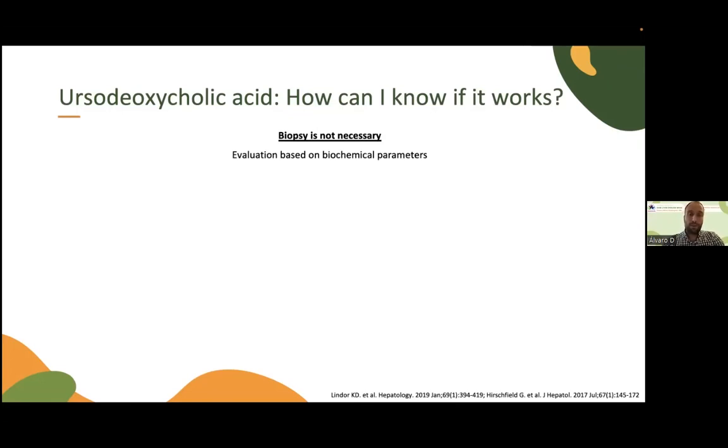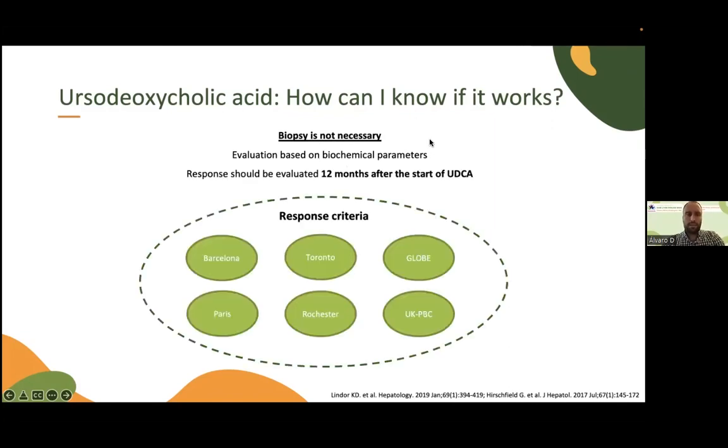The evaluation of this response is based on biochemical parameters, and this means we evaluate blood tests in order to know if the patient is responding or not. And something that I consider very important for patients to know is that response should be evaluated 12 months after the start of the treatment, not before. However, there are some works evaluating the usefulness of evaluating response earlier, at 6 months, and the results are promising. But up to now, we must wait for 12 months